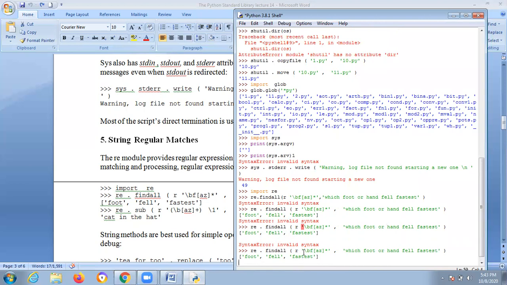Please observe carefully what I am doing. It's like a regular expression, no? If any single quotation is wrong, the entire thing will have a problem. We have to work on this one.